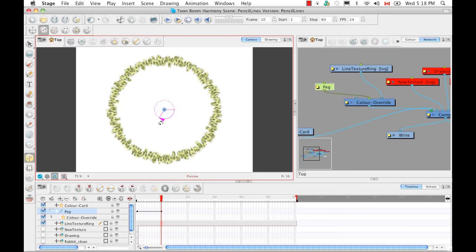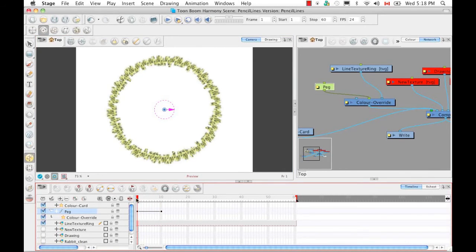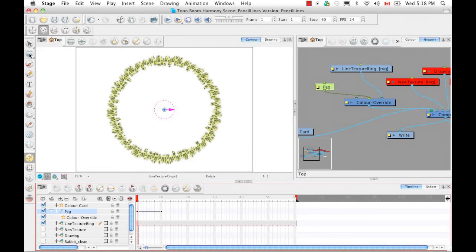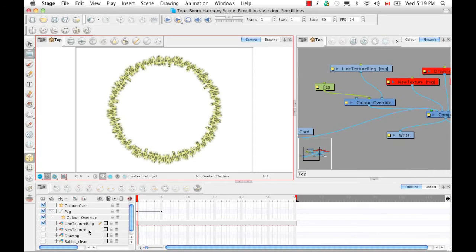So let's rotate. We just saw that the texture has rotated within this textured circle. If we drag the playhead back, we can see that it goes back to the start position, and if we drag it across incrementally, we can see it rotating. So if we go back to the OpenGL view mode, and we go to the Edit Gradient Texture tool, and we click on our line here,